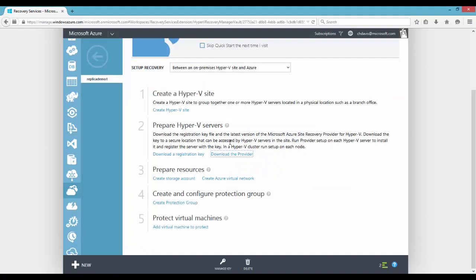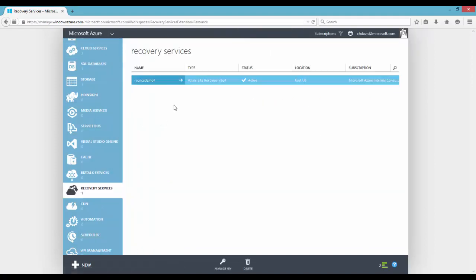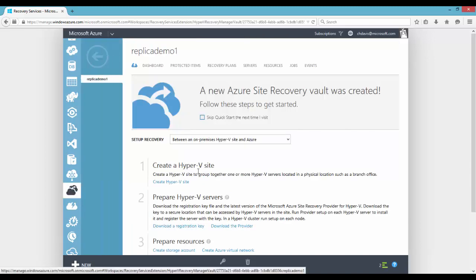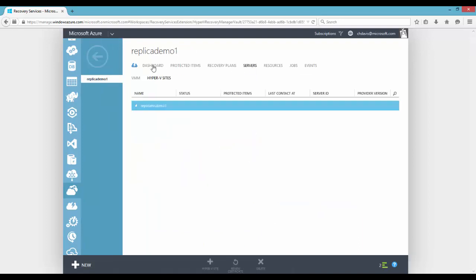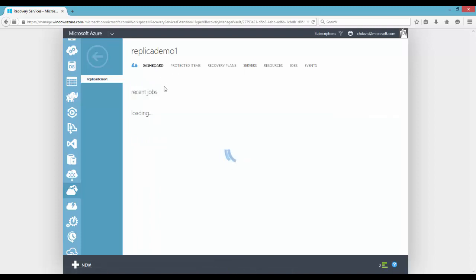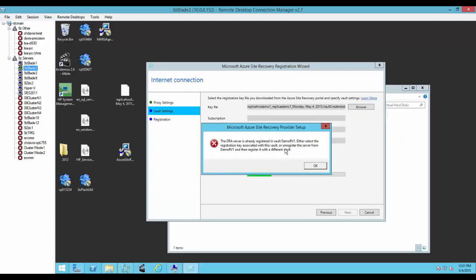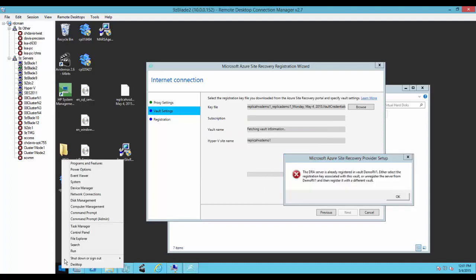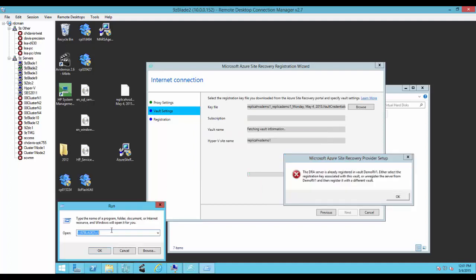So let's hop back into Azure. Maybe this is where we need to change it. That is something that is not there anymore. And I probably needed to unregister it before Replica Demo 1. So there's nothing in here. And that's good. But how do we tell this server that we care about it and want to add it into something else? I wonder if it's just something stuck in the registry. It's probably something that